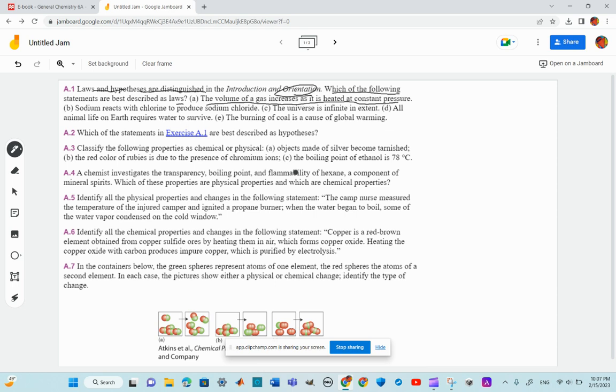So the first one, law and hypothesis are distinguished. You can probably read it yourself. Are distinguished in the introduction of orientation. I don't know what that really means, but it's asking me what's the law, and obviously it is A, because the volume of gas increases as it heats at a constant pressure. It makes more sense than sodium reacting with chloride to produce. It does happen. It's just that